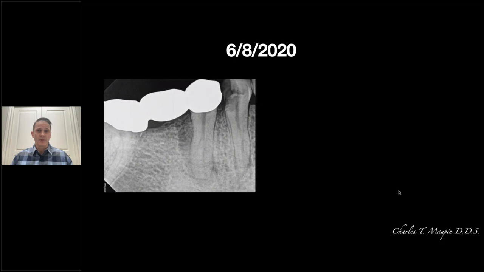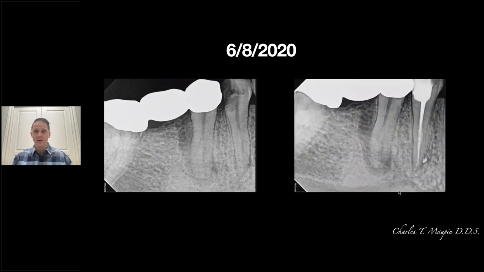This was a case I treated in June of 2020. This was a special needs patient. A 30-year-old special needs patient came in needing several teeth. He had a 29 by 31 bridge and number 28 heavily decayed as well. You could see complex anatomy going on, deep pocketing on number 29. So we broke this down into manageable procedures for the patient. We treated one tooth at a time.